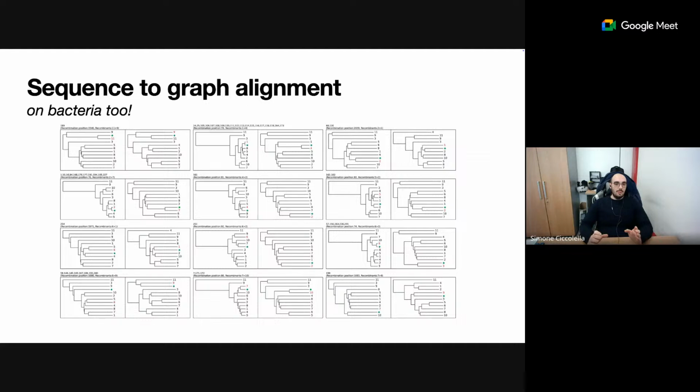And in this work, we also tried this on bacteria. In particular, what we tried to do with bacteria is assess, also with phylogenetic analysis, whether this sort of recombination made sense or not. In most cases, it does, and we actually find recombination to different organisms. These are simulated results in this case, but we simulated them with a specific recombination at a specific point, and we were able to actually reconstruct the same recombination point, which is good.